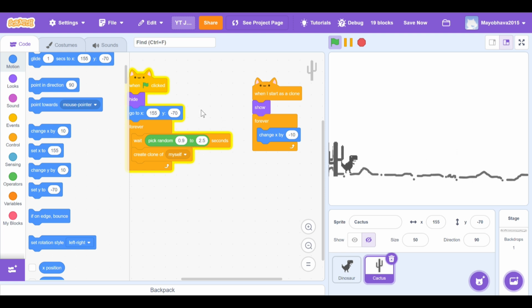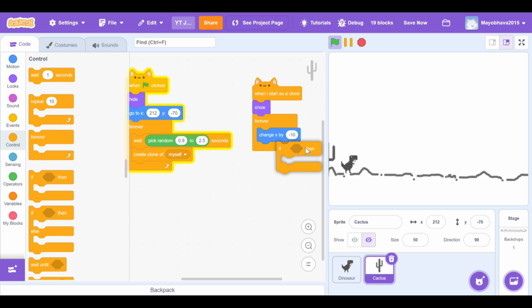That is way better. Now it's actually possible. So now we have to make a code. So wait, change this go to x to 212. Yes, 212. Let's see, the cactus shows. It's almost touching, but it's not fully touching. So nice. Now what we do is if then